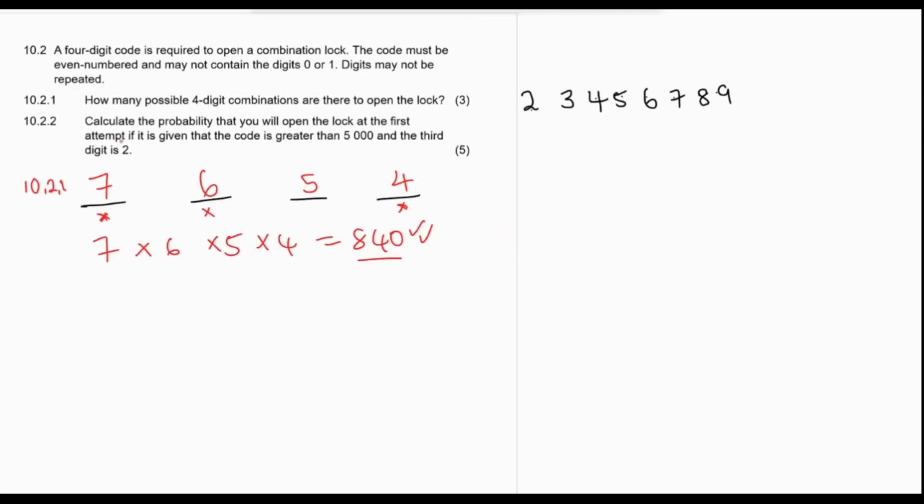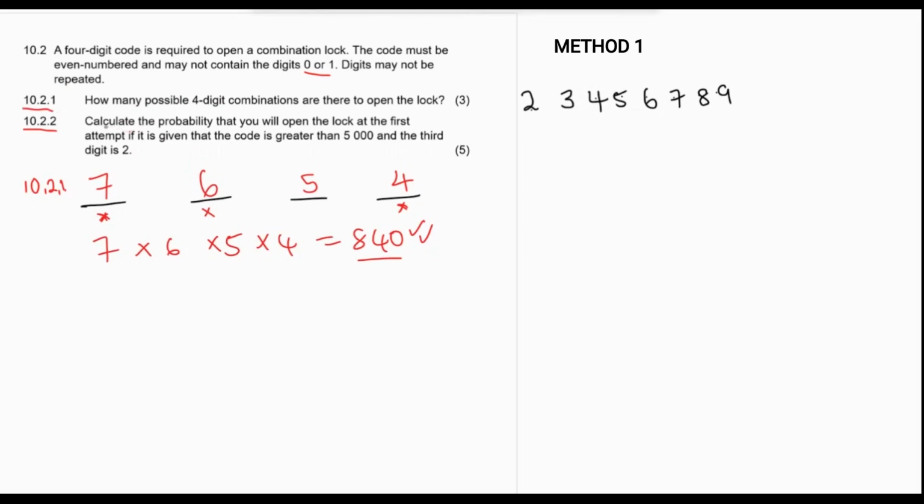Welcome back. Let's do question 10.2. A 4-digit code is required to open a combination lock. The code must be even numbered and may not contain the digits 0 and 1. Digits may not be repeated. Right? We managed to find the possible 4-digit combinations in question